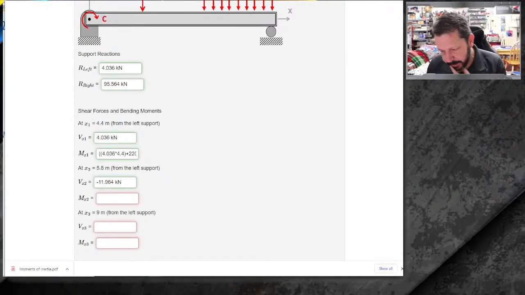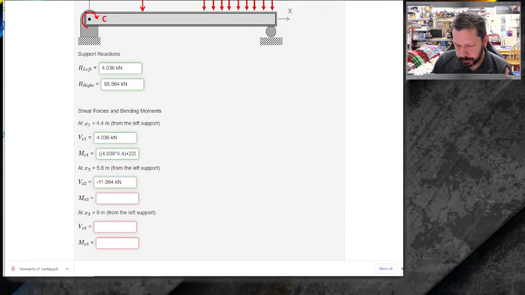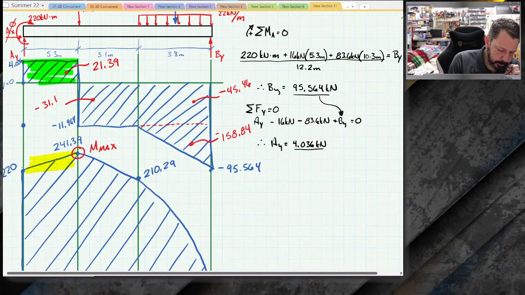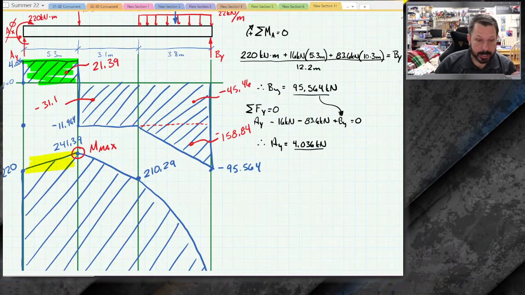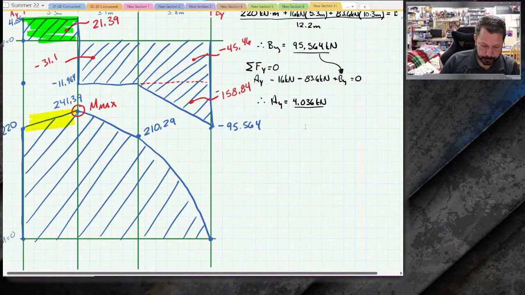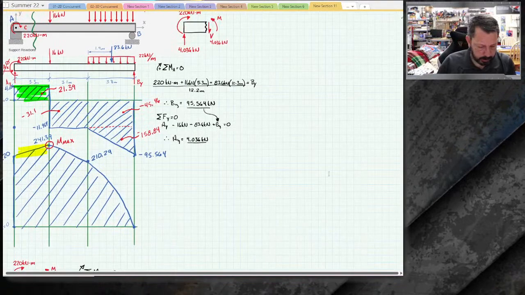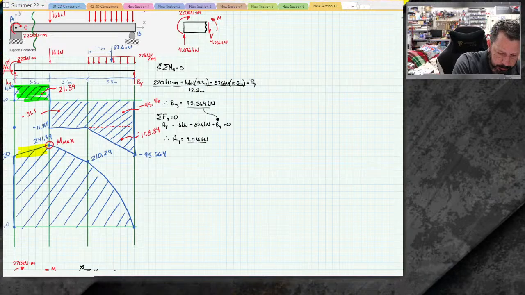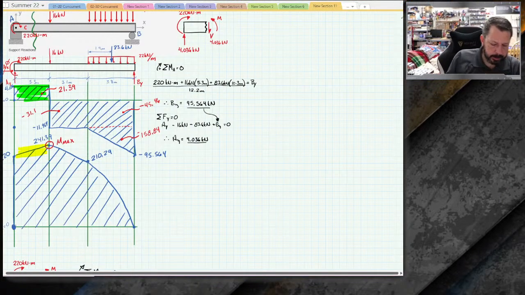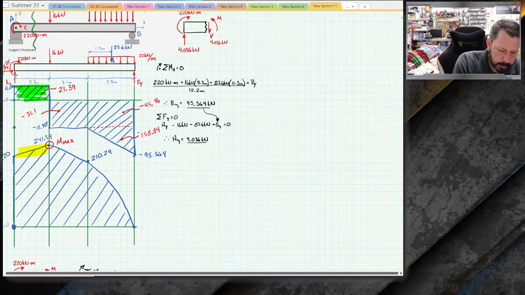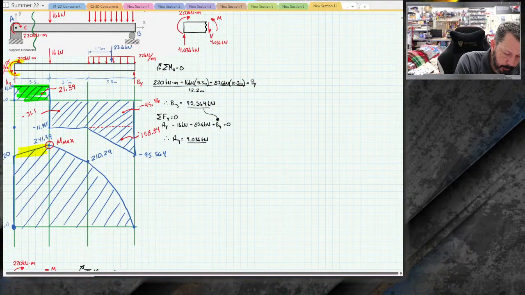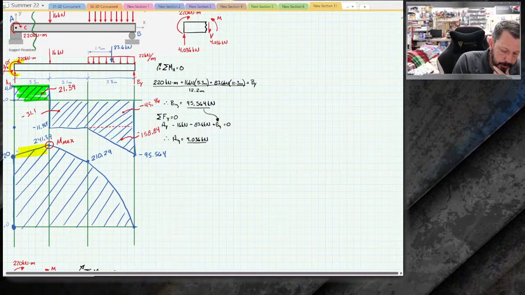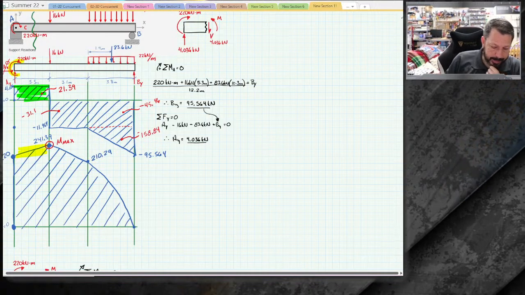All right, so the question was, how do you go from 220 to 241? That's talking about right here. First of all, how did we get to 220? You start at 0. We might need to zoom out a little bit to get all this. Start down here at 0, and then we went up 220 because of the concentrated moment right here. So we were at 220. That's how we got to 220. And then to get from 220 to 241.39,